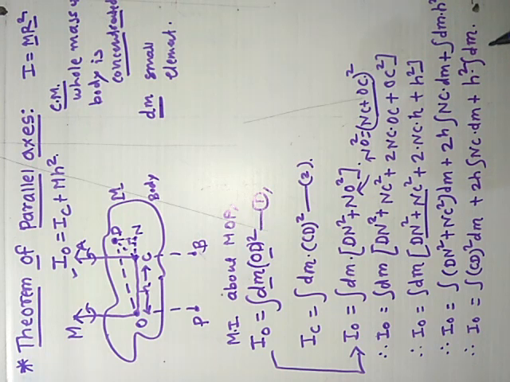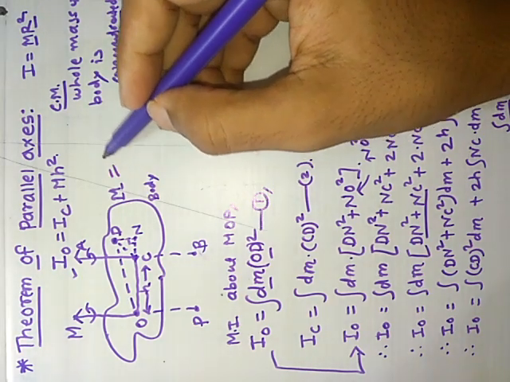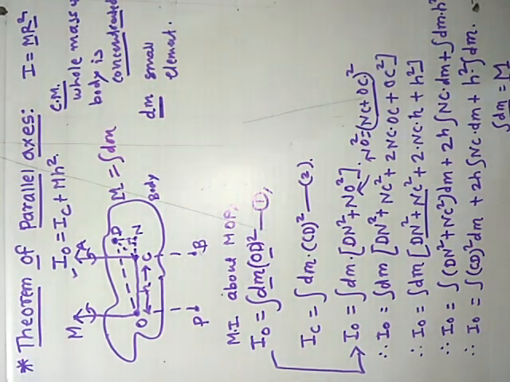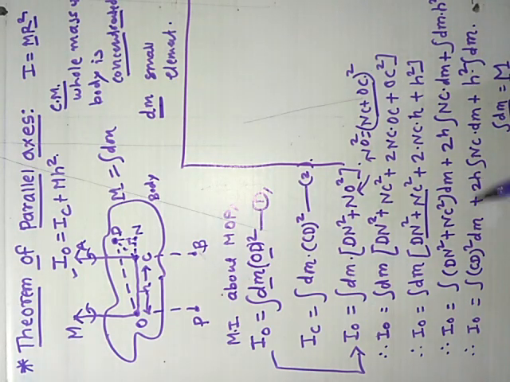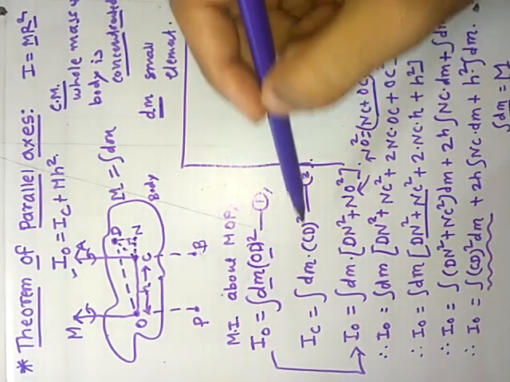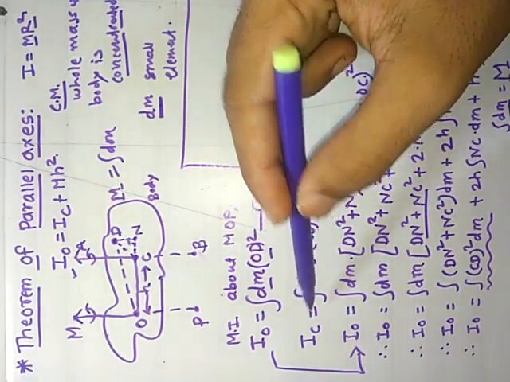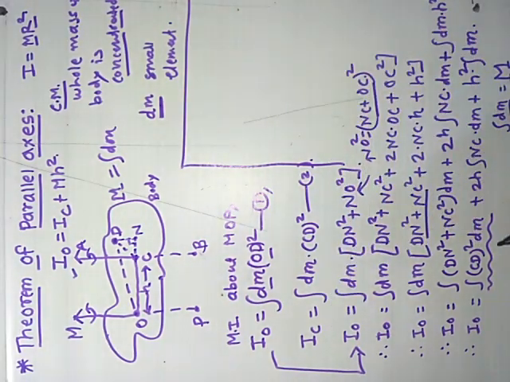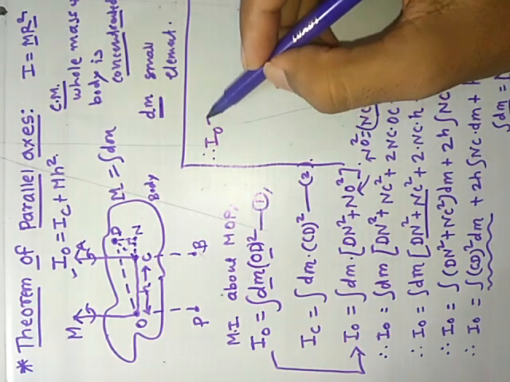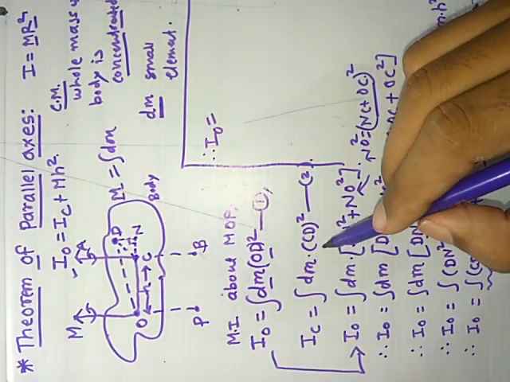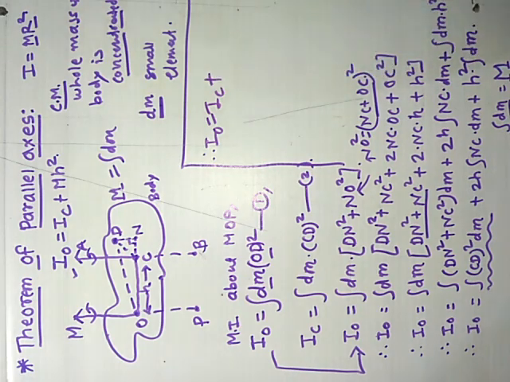So integration of dm is a summation or addition of all the masses of such particles. So this is total mass of that body, capital M is equal to integration of dm. So in this equation, for this value integration of CD square dm, we have equation number 2, the same relation for this. Substitute IC here. So we can get IO equal to integration of CD square dm is equal to IC plus here 2h into integration of